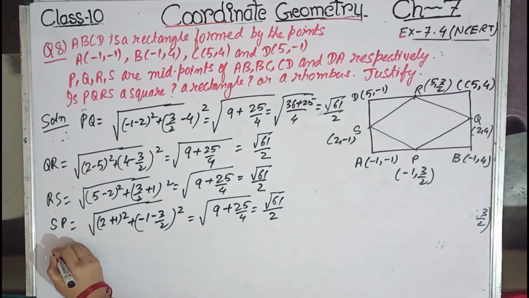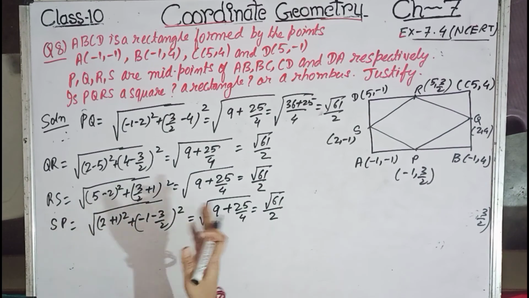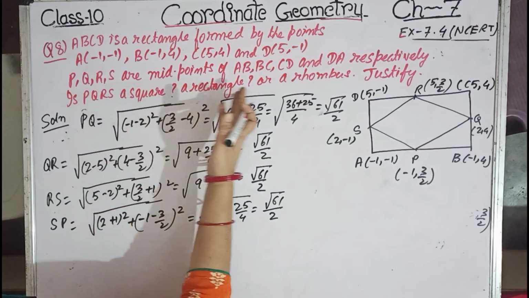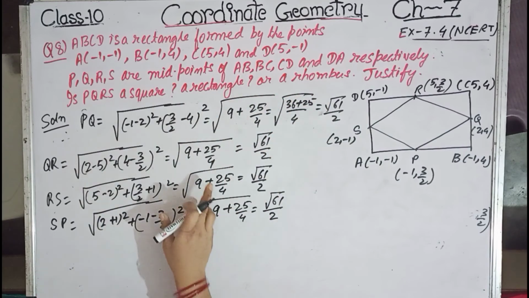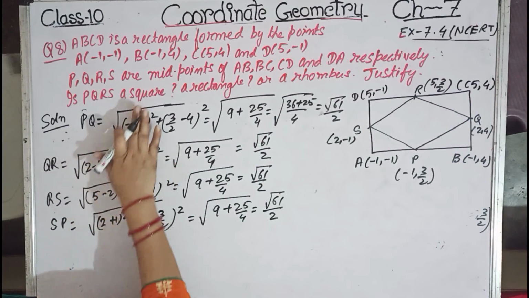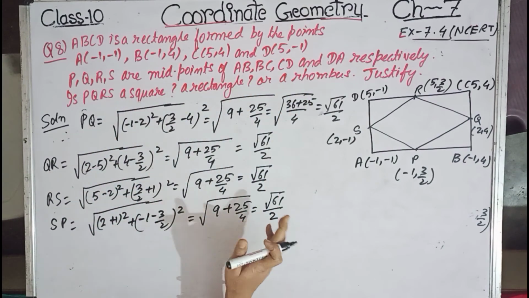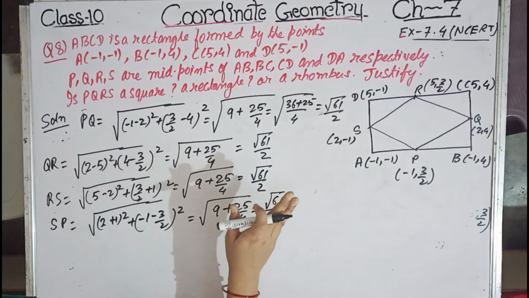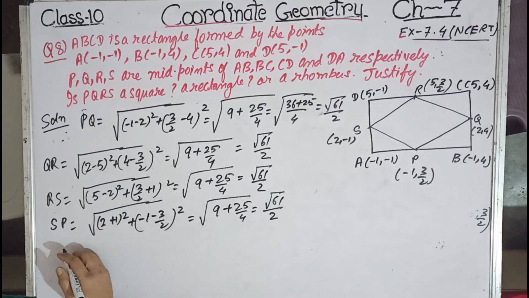Now let us find the length of the diagonal. So if all sides are equal, it can be a square or rhombus as well, because all sides are equal over here. Now to distinguish between square and rhombus, one property is there that in a square diagonals are equal, but in rhombus the diagonals are unequal. So for that, let us find the length of the diagonals. So first let us find PR. So PR equals to